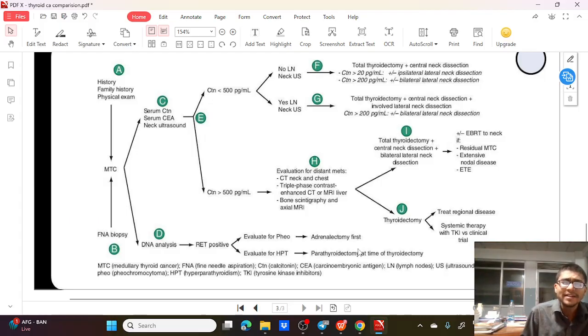So here we have to understand that in short, we have to go for an aggressive surgery in medullary thyroid cancer. That is, we go for a total thyroidectomy along with central neck dissection and ipsilateral or bilateral lateral neck dissection. So this was all about the flowchart for thyroid cancer comparison. Hope it was helpful and will be helpful for management and understanding and exams, that is both theory, practical and entrance exams in